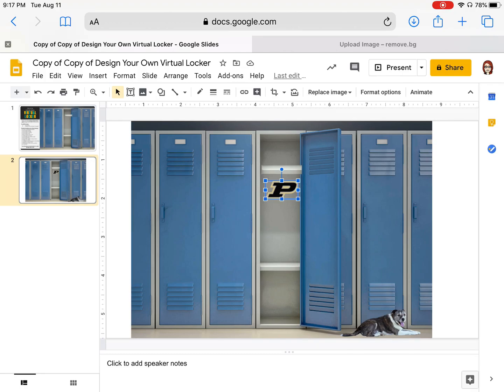Once you've finished your locker and you're done, you'll screenshot it and you're going to add it to your class's